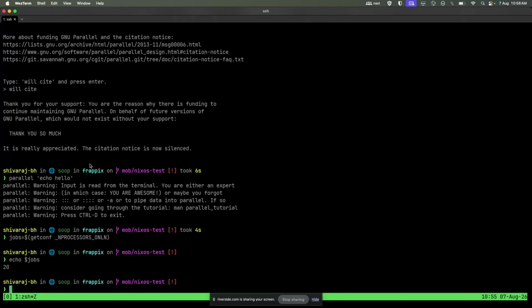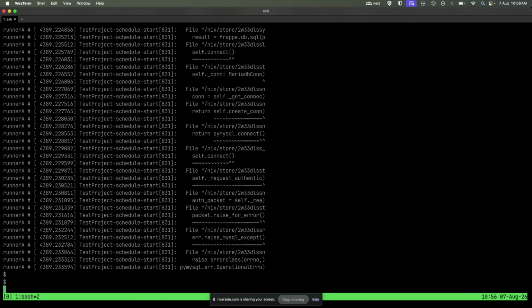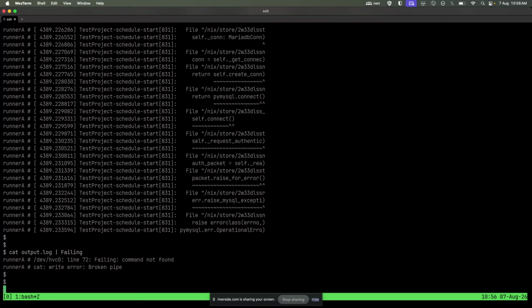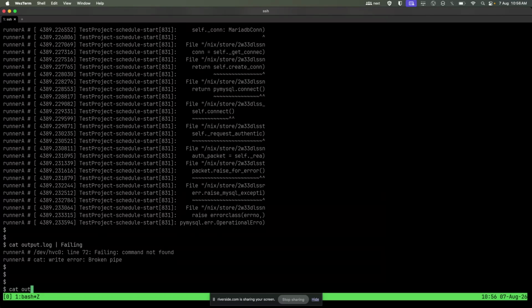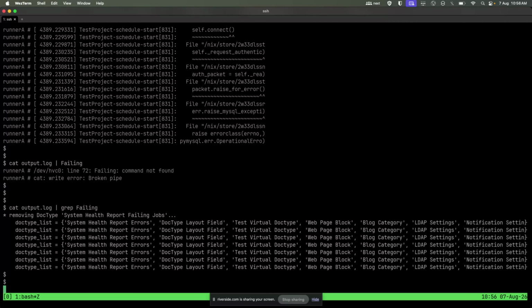Right. Before that, I wanted to get this. I already started the sync version. You mean, oh, grep? It did. Oh yeah, sorry, my bad. Cat output.log, grep failing. It didn't finish. You should grep tests instead, because